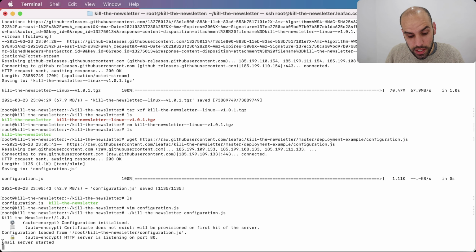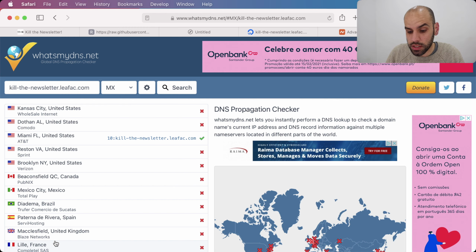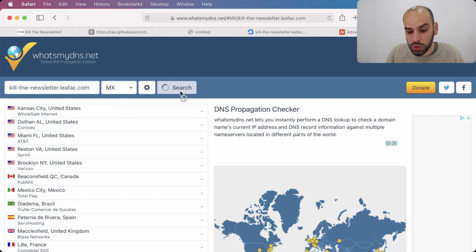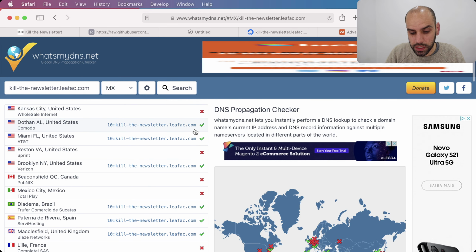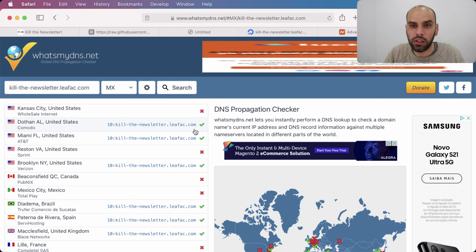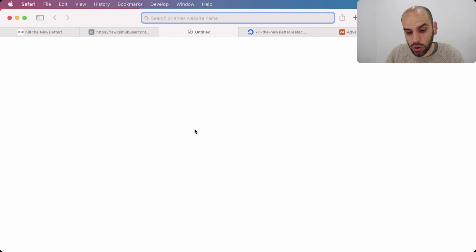So the email server has already started because the email server doesn't really need TLS keys. It doesn't provide the TLS service at all. So the email server is already in place. We could, in theory, send email to this server if only our DNS was in place. And it's in place in more places now. It's taking longer, but it's getting there. But I don't think the email server would be reachable from most places. But anyway, we can go to